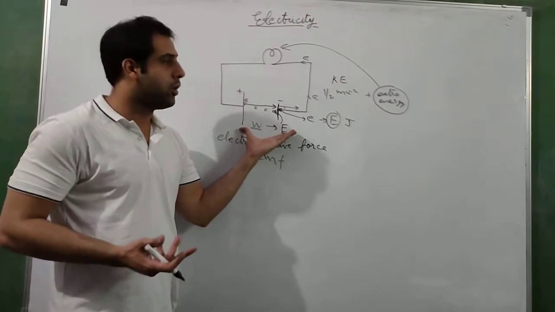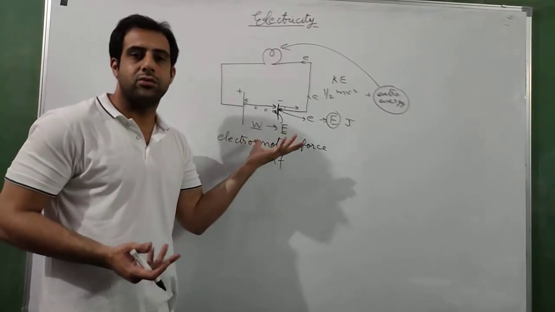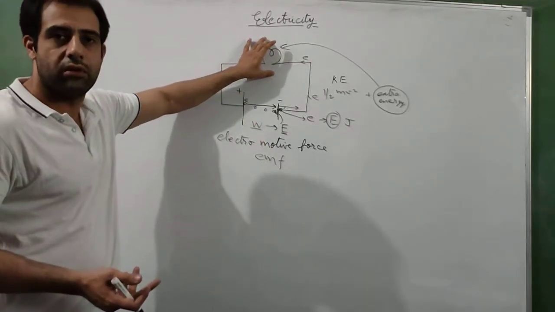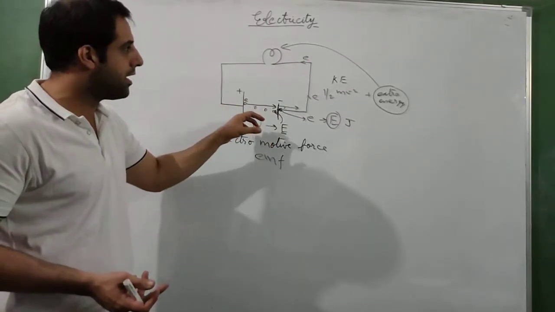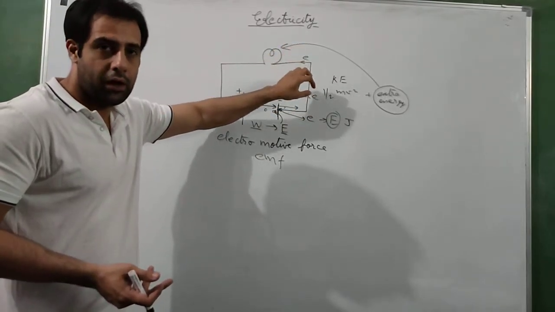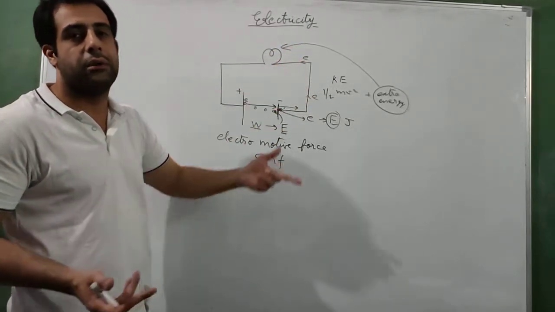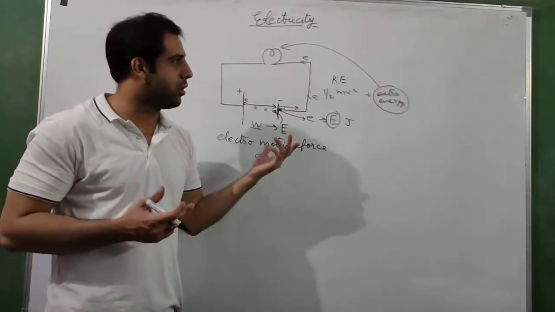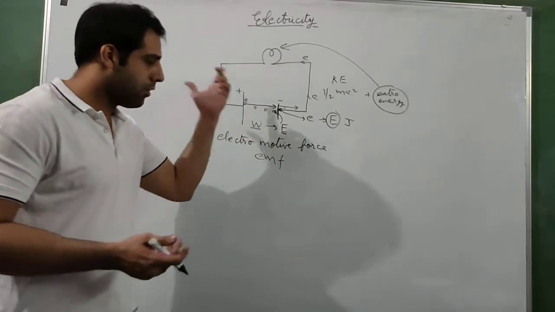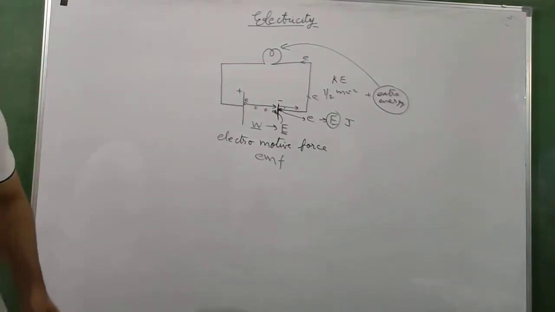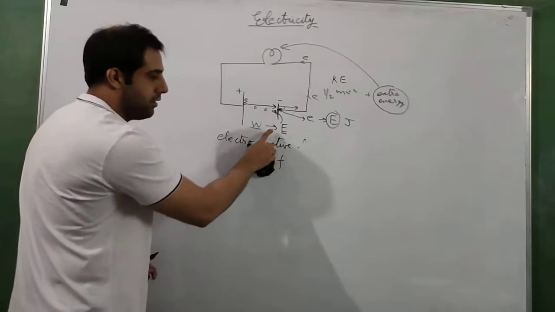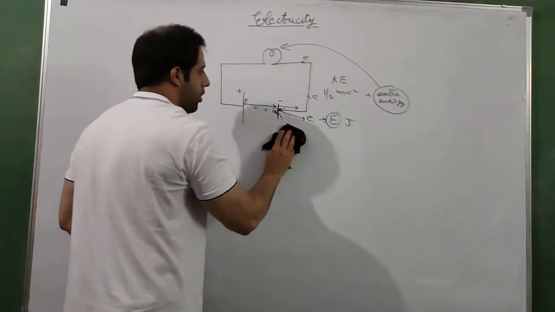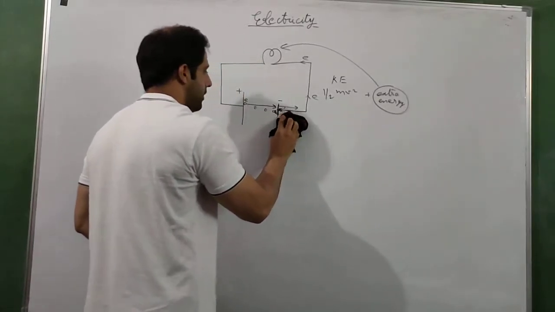Now by now you would have understood that the battery is the only thing which is doing work. Actually nothing else is doing work. Even the device is doing work according to the battery. If there is no battery, there will still be free electrons in the conductor, but they are useless to us. They are not going to switch on the fan, or make the bulbs glow. So all the work is done by the battery, and the work done by the battery is called electromotive force. You remember this? It is called force, but it is actually the work done.